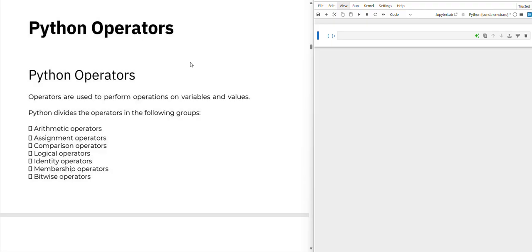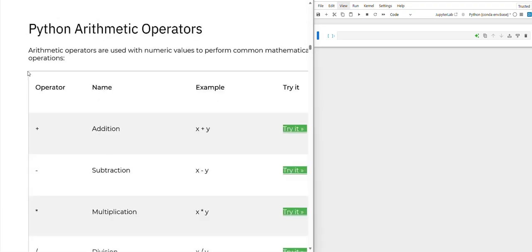Today we are going to discuss Python operators. Operators are used to perform operations on variables and values. Python divides the operators in the following groups: arithmetic operators, assignment operators, comparison operators, logical operators, identity operators, membership operators, bitwise operators. So arithmetic operators are used